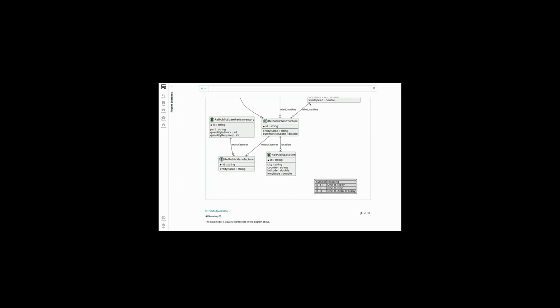Now I'm going to jump into a more complex question. So I can ask something much more open-ended. For example, what should I focus on today? So here I want the system to reason about my context, reason about the data, reason about what it knows about itself, and build a plan. So here it builds a plan. To determine what you should focus on today, I will retrieve the turbines ordered by risk score, display them in a bar chart, color-coded from high to low, list the alerts for the 5 turbines with the highest risk score. So it goes ahead and does that.